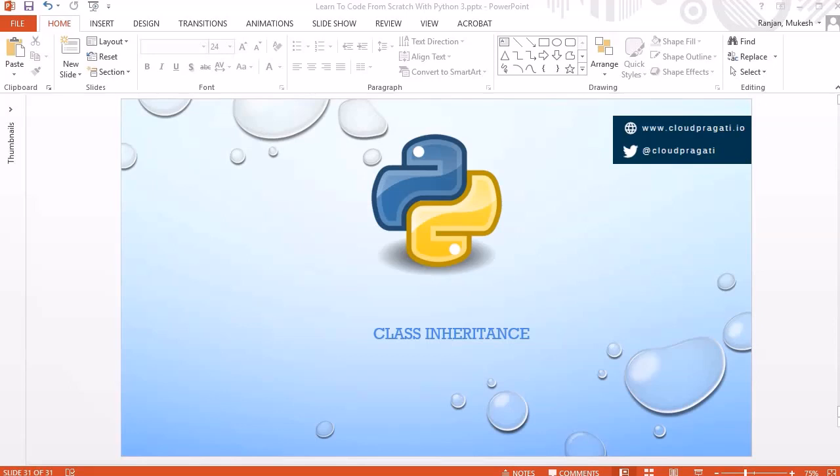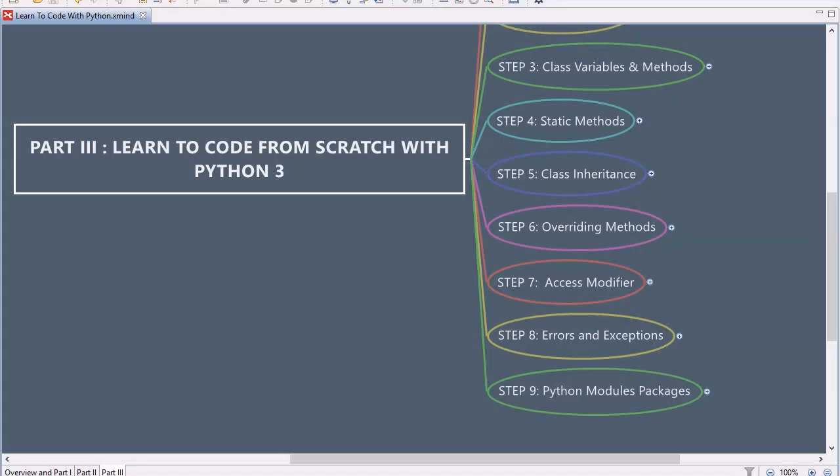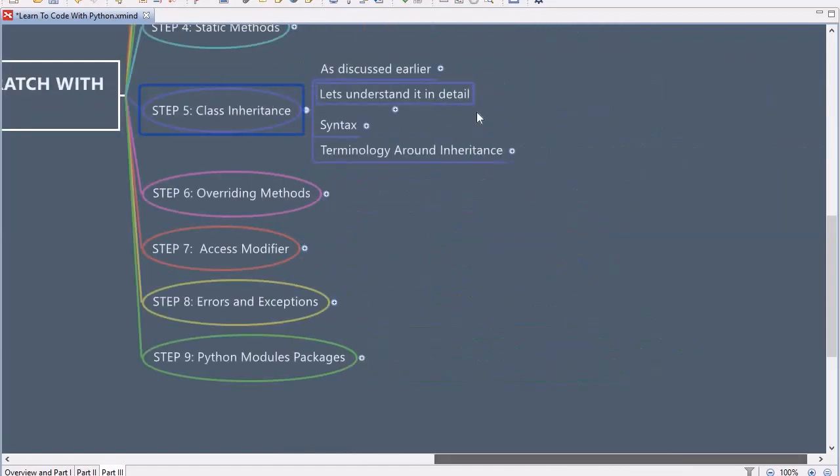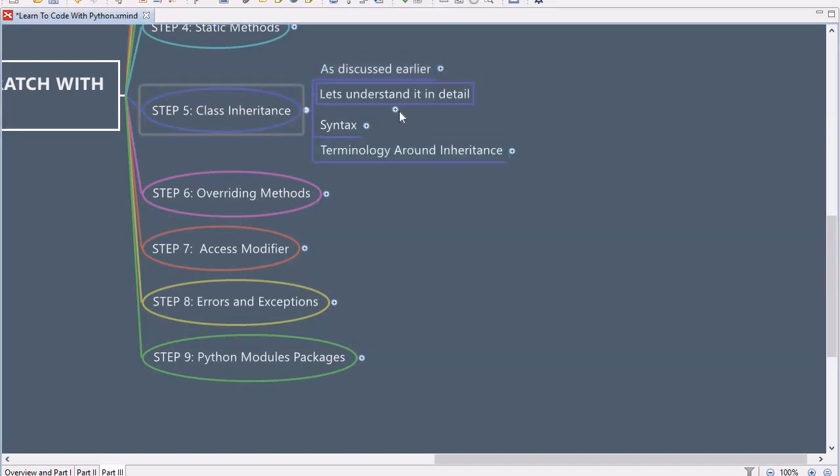In this session we are going to look into class inheritance. So let's look into the topics. What are the topics we are going to cover in class inheritance? So let's jump into the discussion. We will discuss what inheritance is, and we will look into the code, how to achieve inheritance